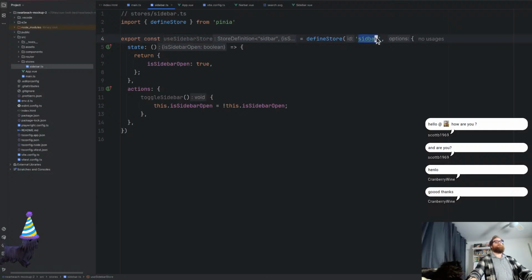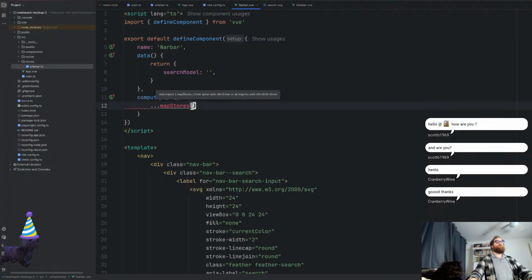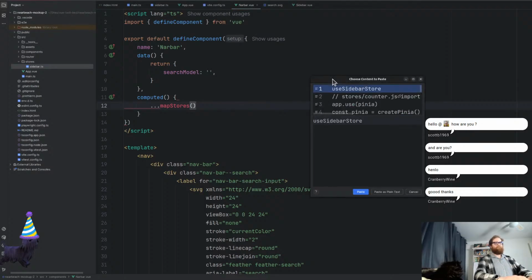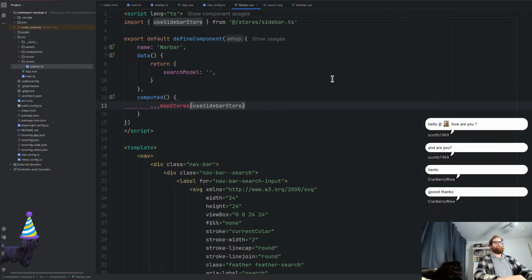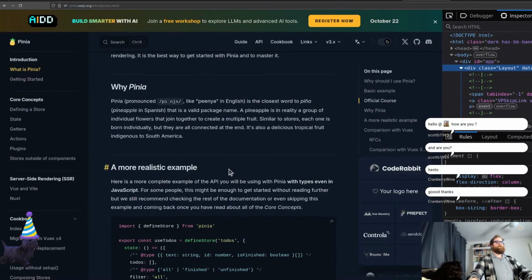All right, and then define sidebar in here. And then what I've got to do is in the nav bar, I've got to do that. Sorry, we're figuring out